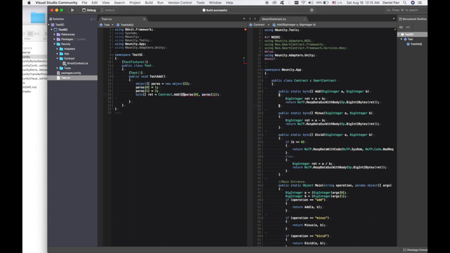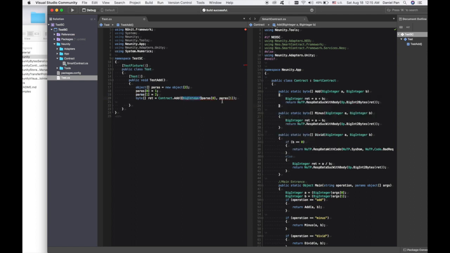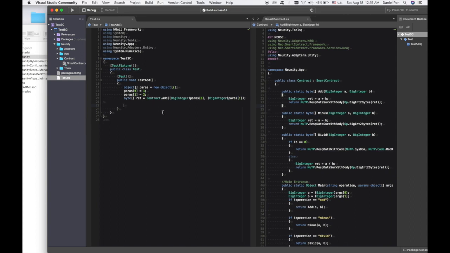And convert that into the big integer. That is the first approach, but there's a better one to better simulate that we are interacting with a smart